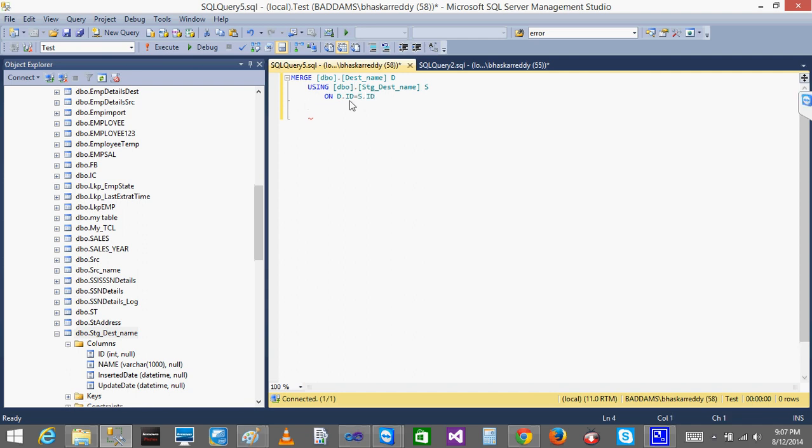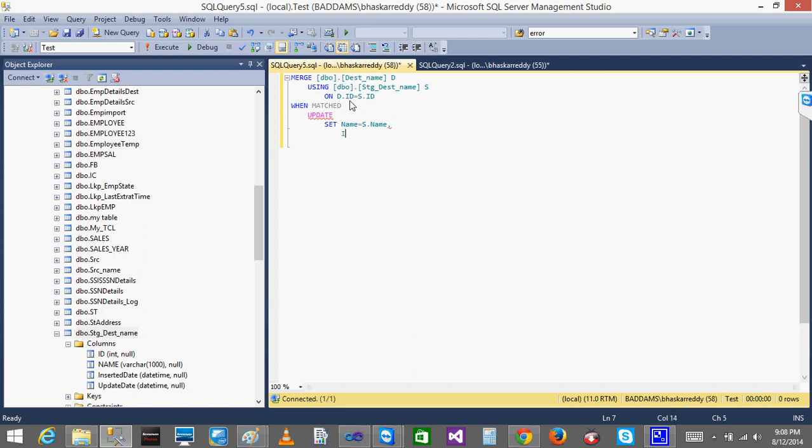After that, when matched, what do I need to do? I need to update, set name equal to S dot name.